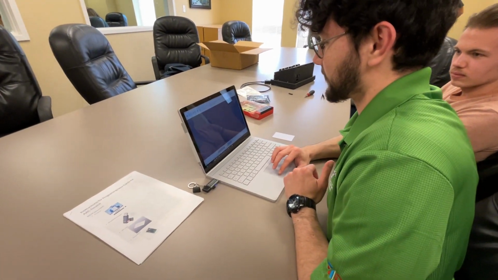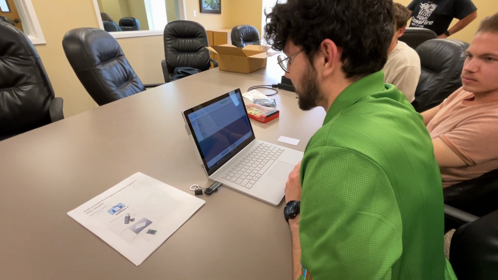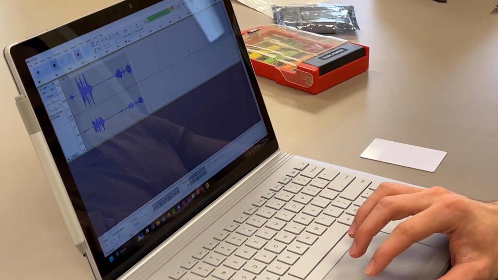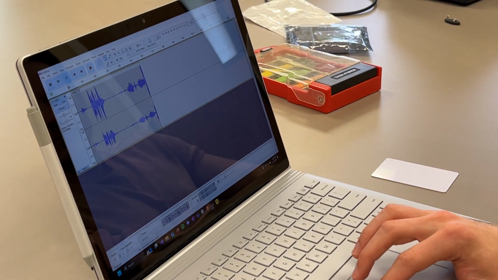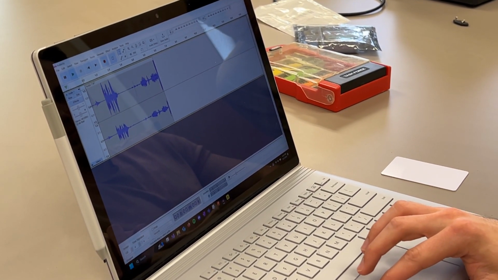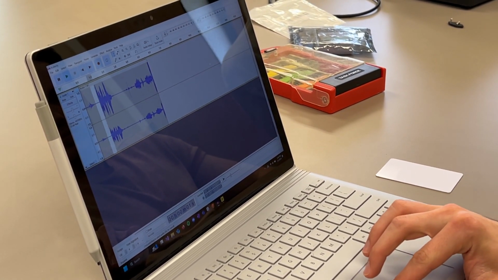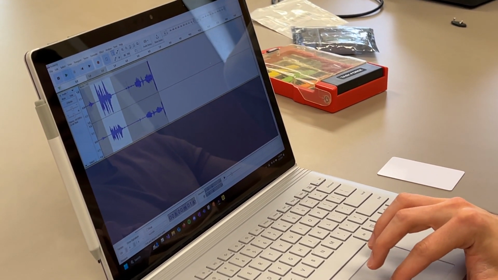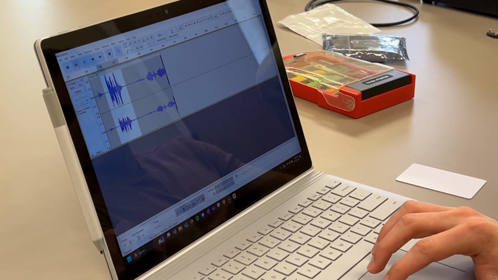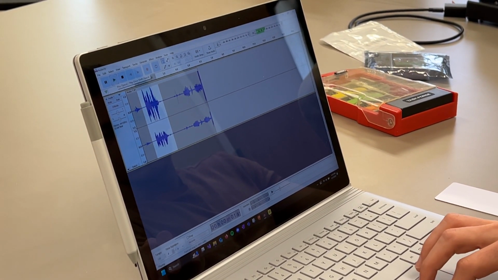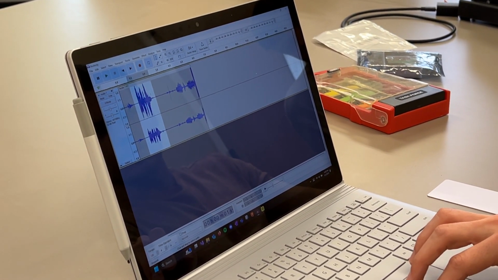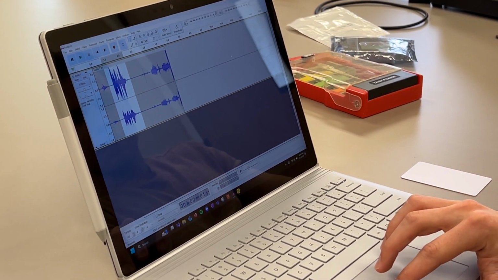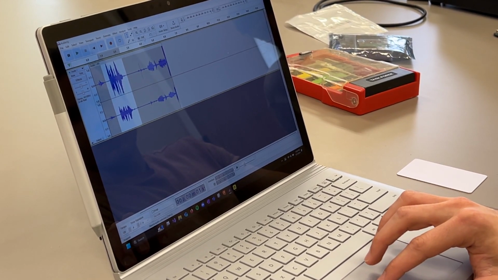Okay, so then you hit the record button and say, I would like a drink. Then you hit the stop button. And then after doing that, you highlight the portion that you would like to capture. So it would just be this portion here. So we can play that. I would like a drink. And it'll be better sound quality if you use a microphone rather than a laptop mic. And so after highlighting that portion, you hit the